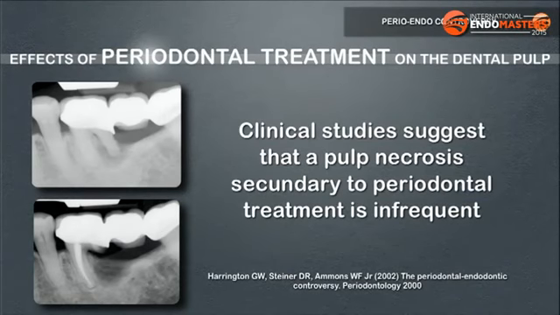Effects of periodontal treatment on the dental pulp. From clinical research studies in the periodontics literature, it appears that periodontal treatment, as well as periodontal disease, has a negligible effect on the dental pulp. Whatever can cause the sectioning of a lateral or an apical blood vessel, like a dental trauma or a scaling and root planing procedure, leads to loss of blood supply to the pulp with a consequent ischemic necrosis and later